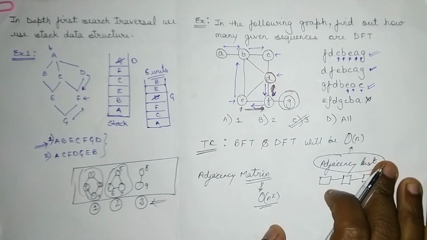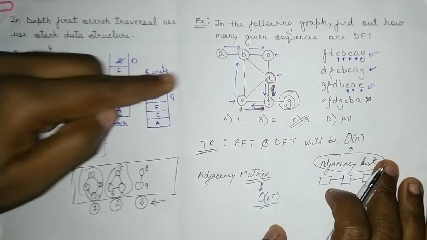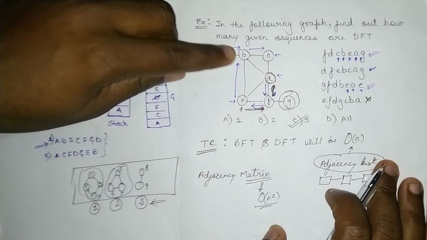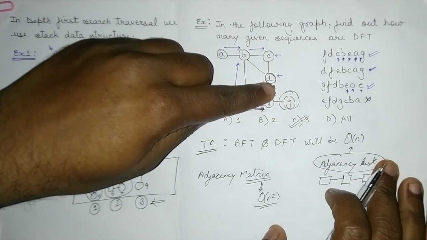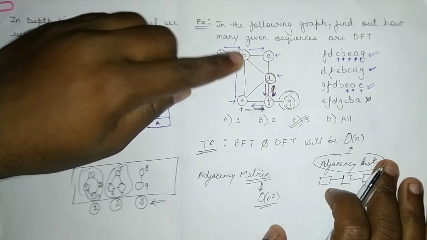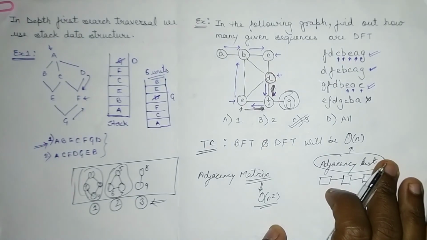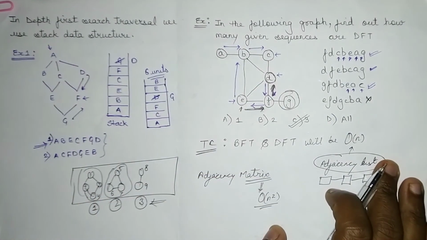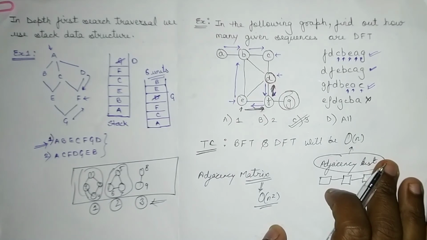So this is how you can find out whether the graph is connected or not, or how many disconnected components the graph has. You can easily find out by following this procedure, right? Next, you can also find out whether a graph contains a cycle or not. Let's say you are applying BFT or DFT, you started from A, you moved on to B, then E, then D, and if you come back to a node which has already been traversed, that means the graph contains a cycle. The same BFT and DFT are also used in Google Map navigation and other navigation applications.